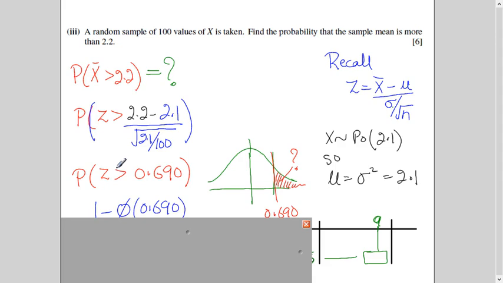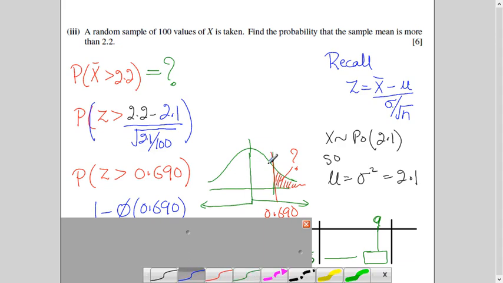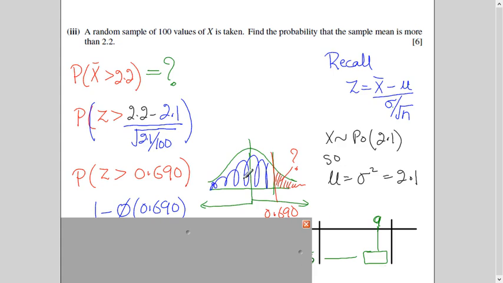I am saying z is greater than. Now greater is telling me I'm talking about the right hand side. And 0.690 is a positive value, so it is on this side, because z is positive this side and negative this side. Now again, this is prerequisite knowledge, that you should know how to calculate the probability. You will read the table. But the standardized table gives you the probability of the left hand side of the value. You remember that thing, right? So if you read the table, you will get this probability. And 100% probability is 1. So you need to subtract this probability from 1. So this is the way it is written, phi of 0.690.